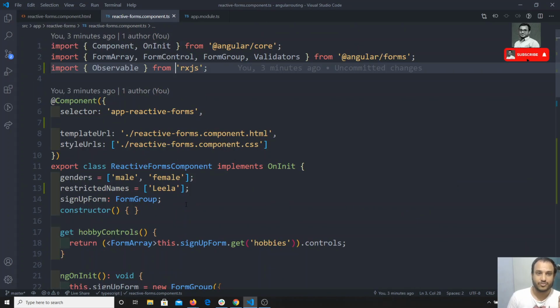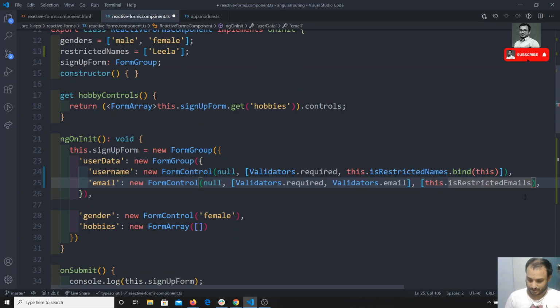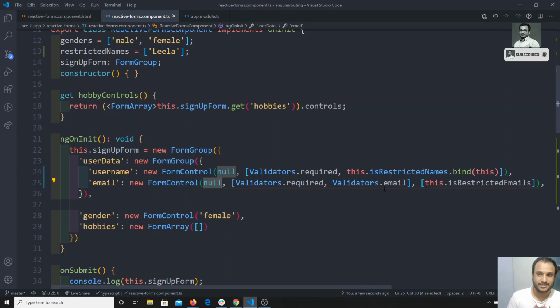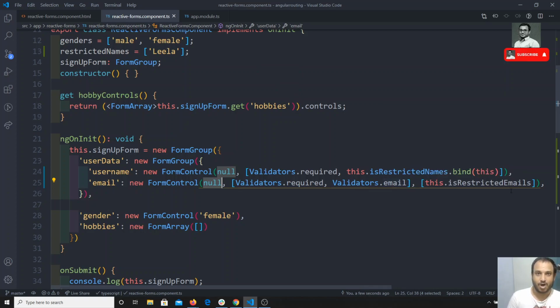Okay, this is how we will be implementing the asynchronous validators. If you have a group of asynchronous validators, just mention all of those in an array like this. Here you need to remember that this is the value that needs to be pre-populated. These are the custom validators, the synchronous validators, and the second parameter is optional, and the third parameter is optional too, but the third parameter is the asynchronous validators, which make the call to the server and return a promise or observable. Okay, so this is about the custom asynchronous validators.